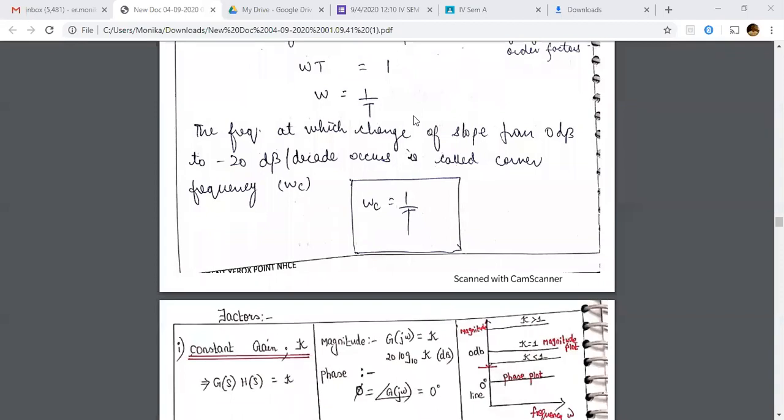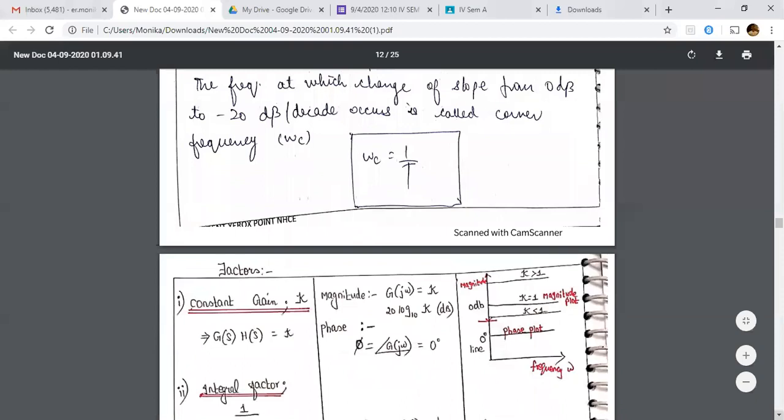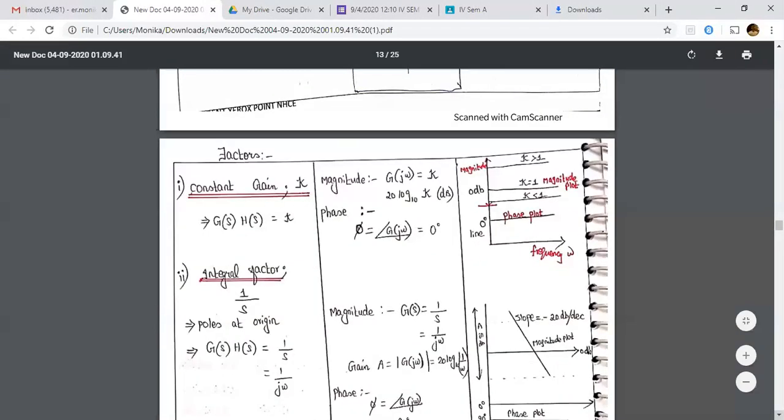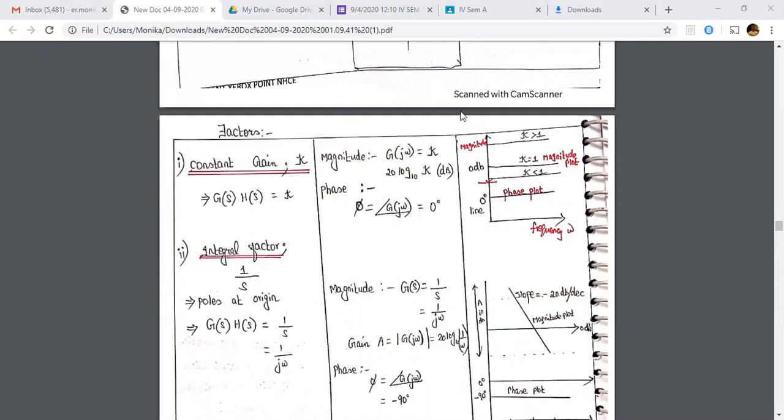Okay, fine. So let us understand the table and then we'll be solving one problem. Now, all of you have to respond. So you have to unmute yourself and answer. Speak after me. When the transfer function is in the form of constant k, that time your magnitude plot is a constant line.